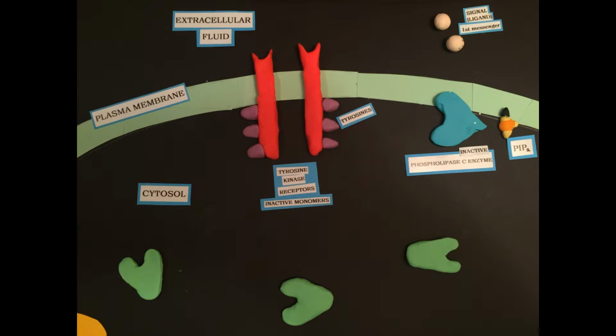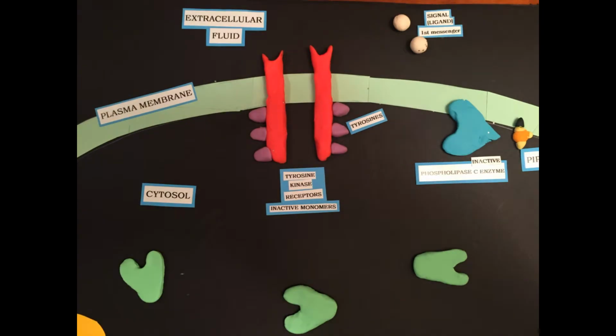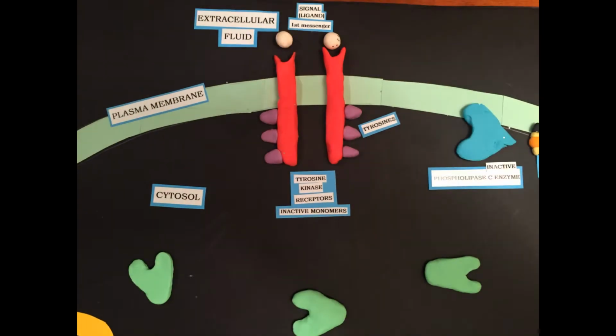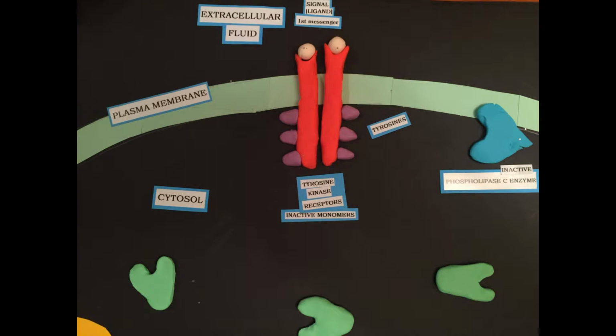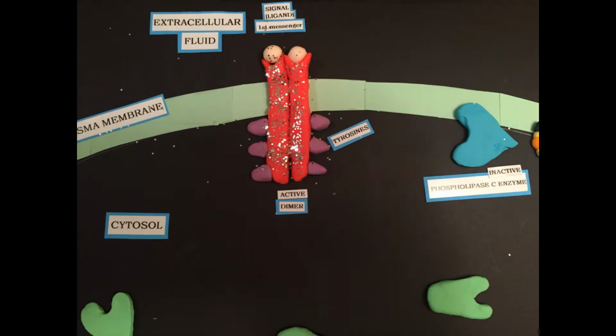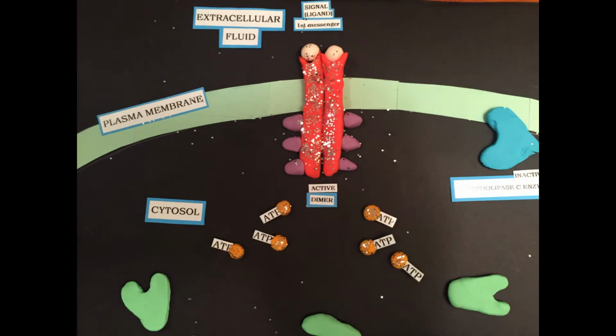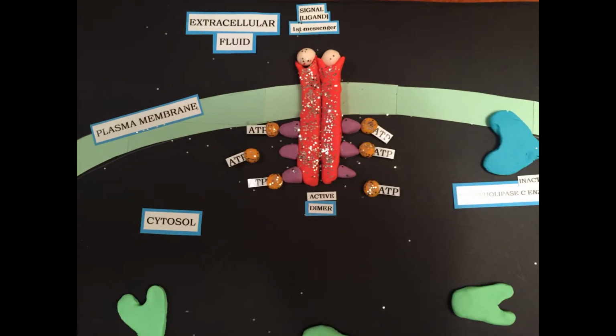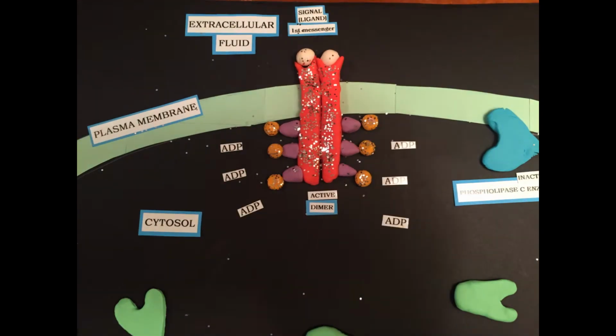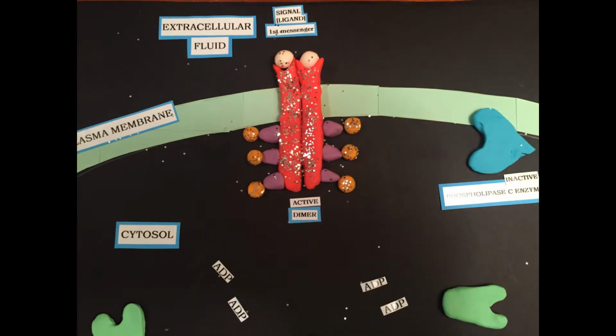Before the signaling molecule binds, the receptors exist as individual units referred to as monomers. The binding of a signaling molecule causes two receptor monomers to form a complex known as a dimer, in a process called dimerization. Dimerization activates the tyrosine kinase region of each monomer. Each tyrosine kinase adds a phosphate from an ATP molecule to a tyrosine on the tail of the other monomer,